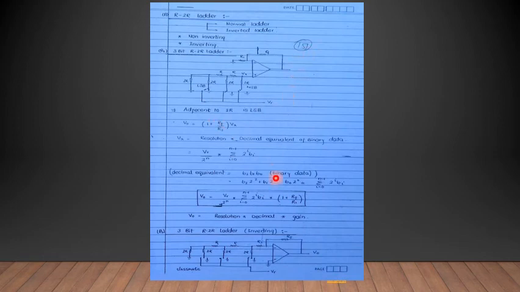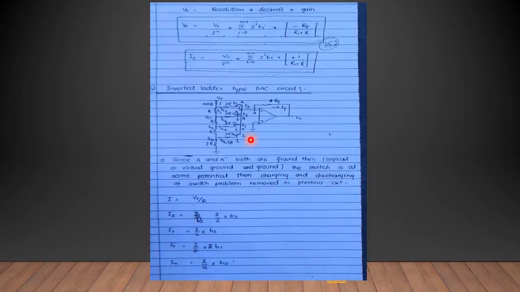So basically this is also a very simple R2R ladder. Suppose we are going to design a 3-bit inverting R2R ladder, so we have to give this supply here. As you can see in this figure, this is the inverting one and this is the formula. Now the formula is changing because V0 is equal to minus RF by R1. The value is changing, similar figure, but this value remains the same.